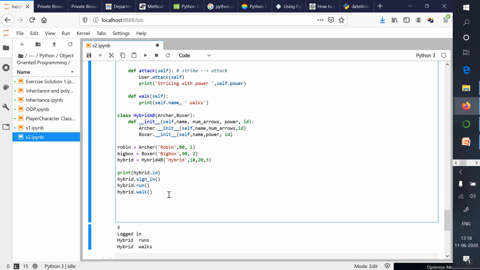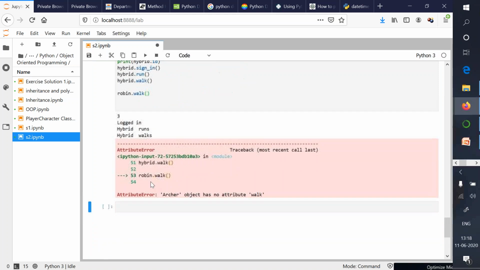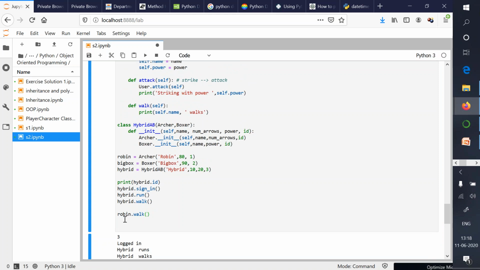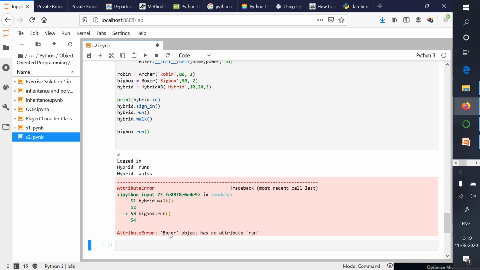But if you try to walk with the Robin object, Robin.walk, the system has to throw an error. Why? Because this archer object has no walk attribute. Similarly, if I say big box.run, you'll see this big box has no run attribute.